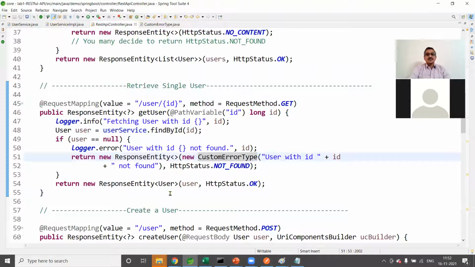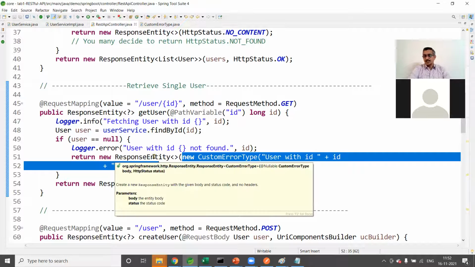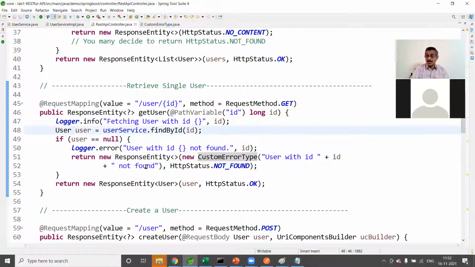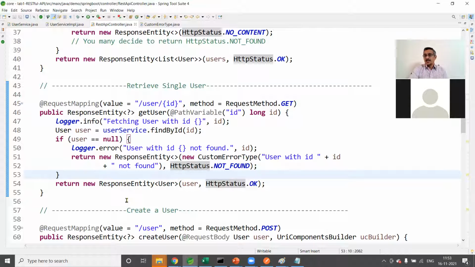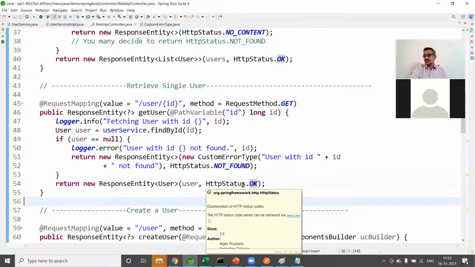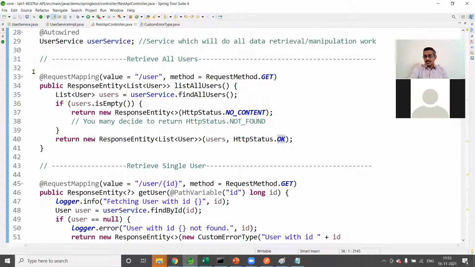Then if I go back here, we mention ResponseEntity, and this will go in the body. If I put the mouse over here, you can see there is a body and status. Actually, in ResponseEntity we can send body, status, and headers also, but currently we are not sending any headers here. So in the body, it says user with that ID is not found, and status is not found. That means we'll get 404. If I put the mouse over here, 404 is not found. If the content is there, if that ID is present, then we are returning that user with status OK. OK is 200 status.